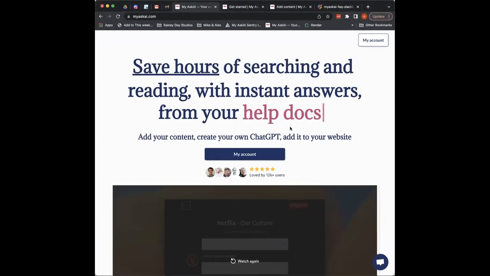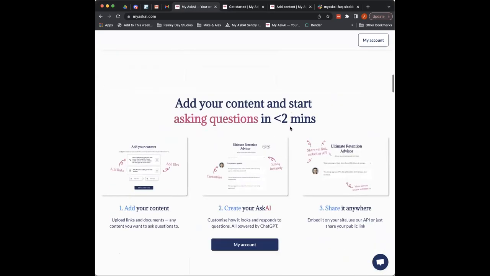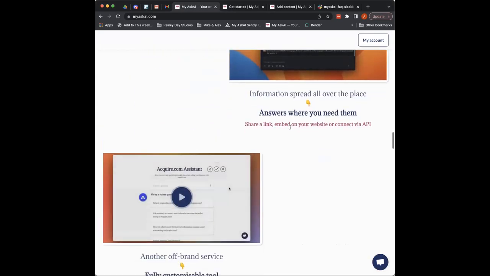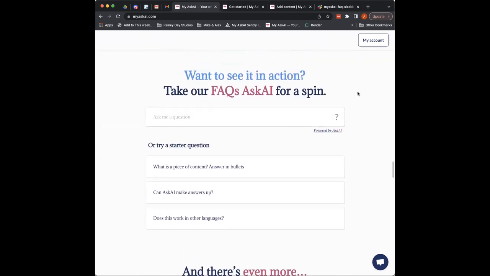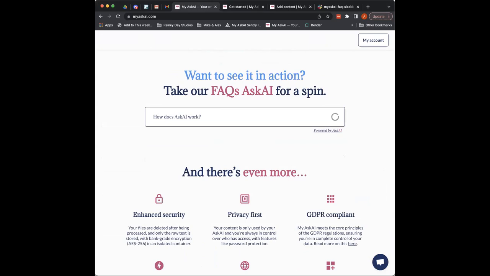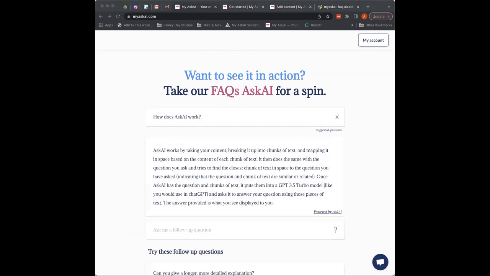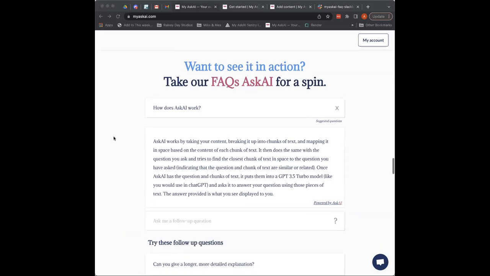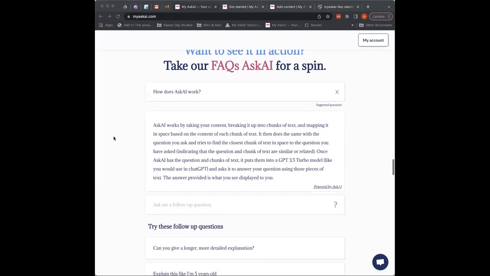Cool, okay. So this is our website. We're going to show kind of the end result first and then work backwards from there. Now, this is actually an AskAI that's been embedded within our own site. And we're just going to ask it, because why answer a question when AI can do it for you, right? That's kind of the topic of today. How does my AskAI work? And what it's going to do is it's going to look at all the help docs that we've trained this on, and it's going to try and come back with the best answer possible, even if this answer isn't specifically defined. And certainly this paragraph you see here isn't actually written just like that.